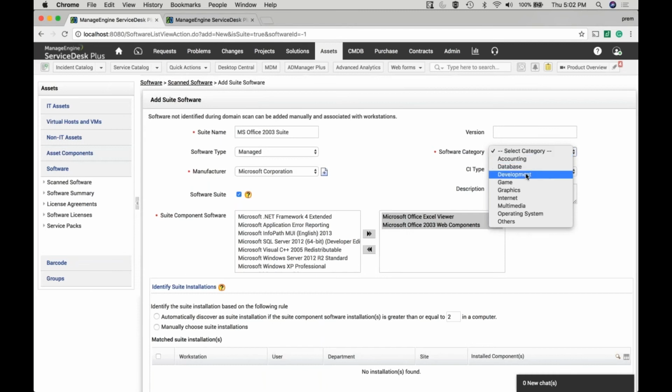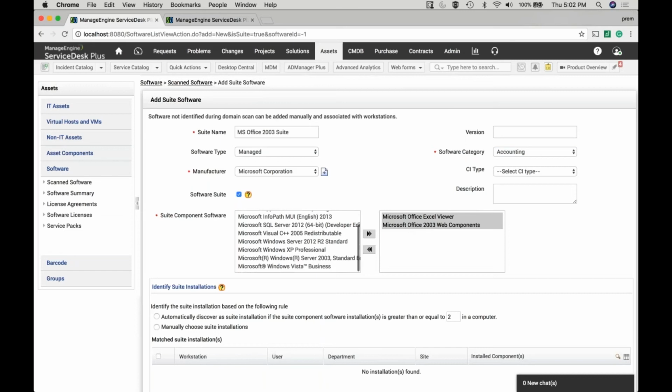The category is going to be productivity. I don't have it added here, but it can also be customized. So to add new software categories, you can go into the admin section, software, and add a new software category. I'm going to say accounting. All right, once that is done,